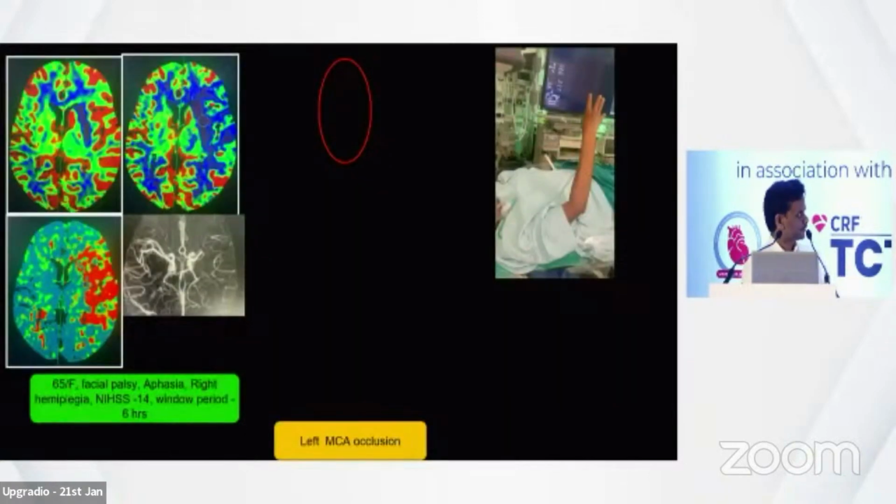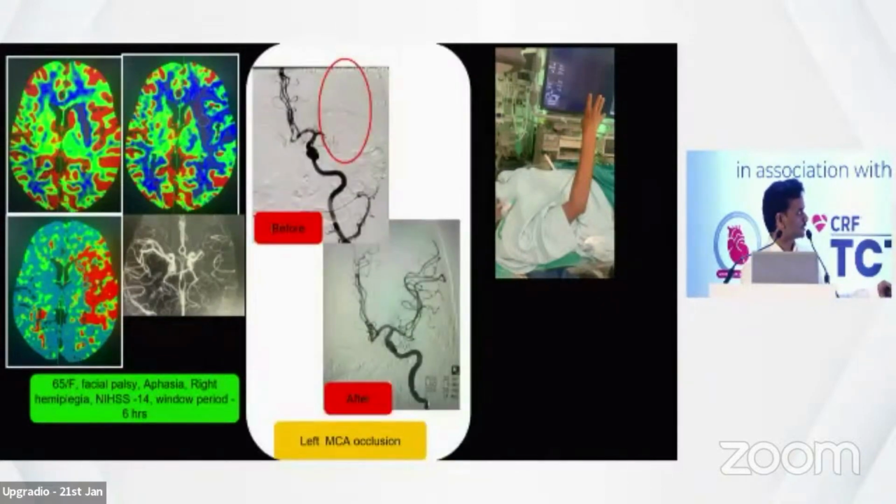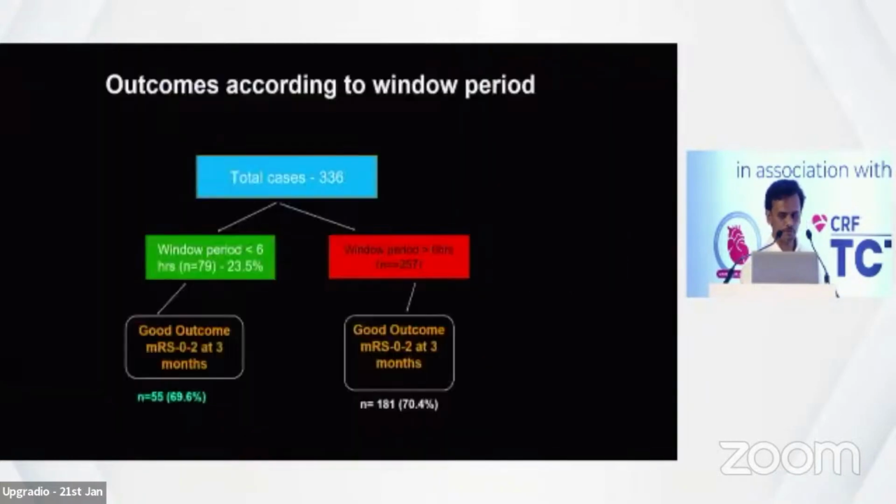Another case at 4.5 hours, you can see the on-table improvement, left MCA occlusion, elderly lady. You can see that the vessel is completely recanalized after the thrombectomy. So this is my experience around 340 cases, which were analyzed 2 months back, out of which the window period